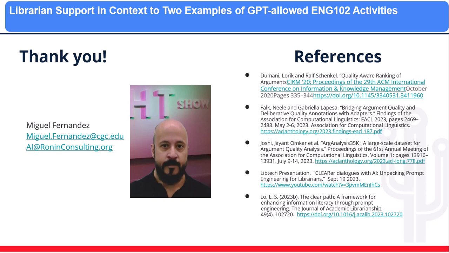So hopefully this gives you an idea of student point of view, my point of view, course learning outcomes, and how they interact or are diverted in some degree with regards to GPT and argumentation, and also the kind of callback that finding sources, ask a librarian, librarians are still the best way out there, and students did recognize that.